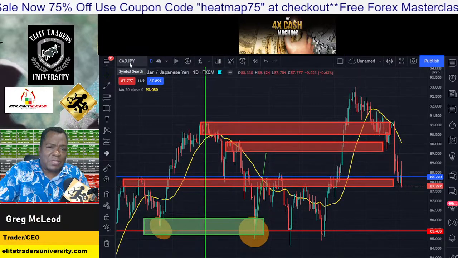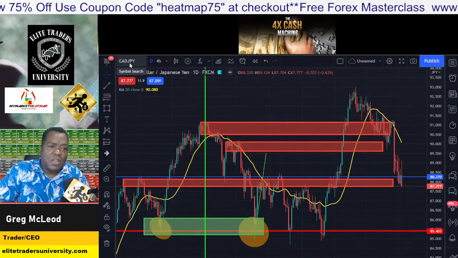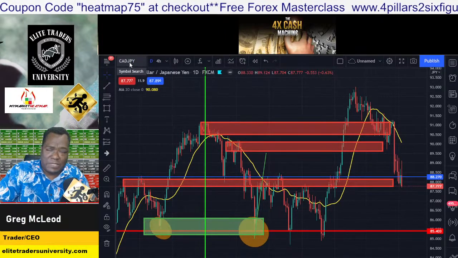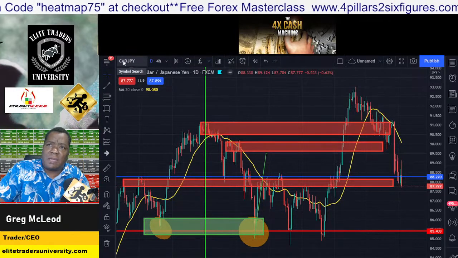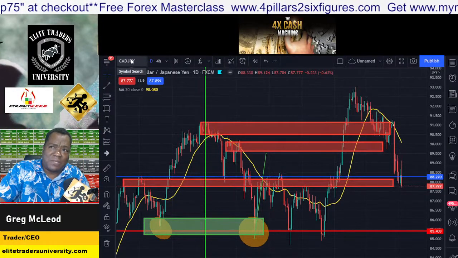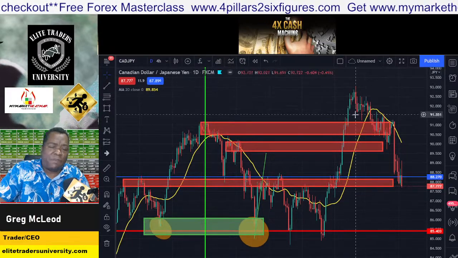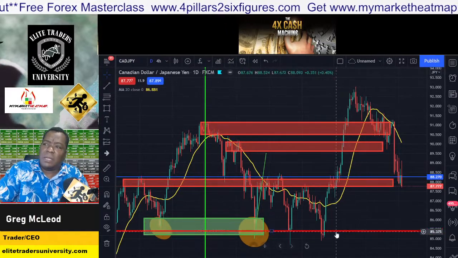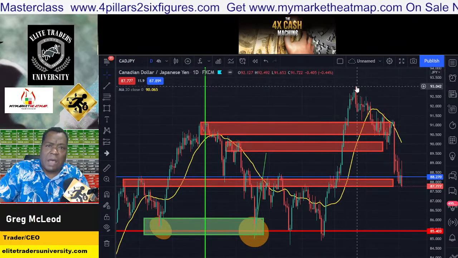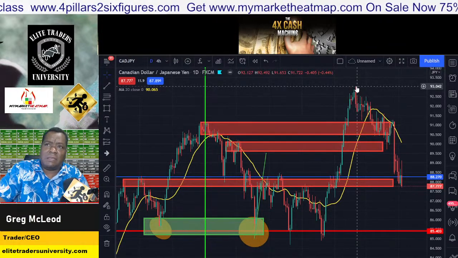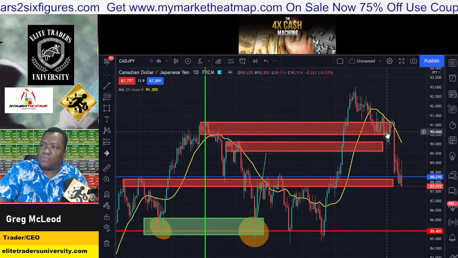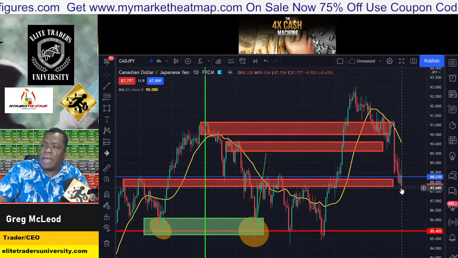So they have to import like 99% of their oil from overseas. They have no domestic production. So if you take an oil-producing currency with a non-oil-producing currency and combine them, you basically have a proxy for oil, right? Oil had a big run, up to about $80 a barrel, and you can see that the corresponding CAD/JPY rallied as well, and then we started dropping and dropping, and the yen's been